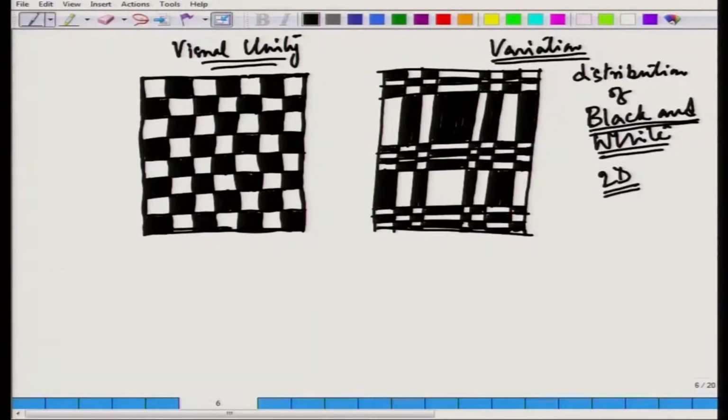Now, we can have the same variation with color. So, if we avoid black and white or keep black and white, add a few values of gray, then also it will be flat. At the same time there will be some variation,